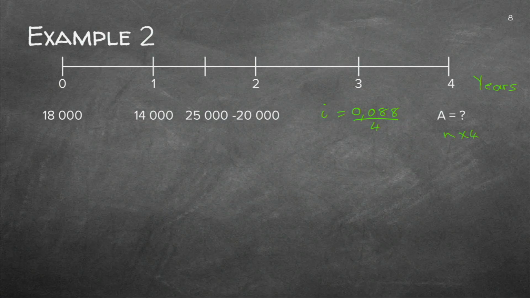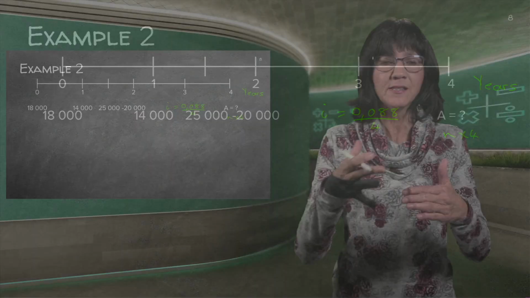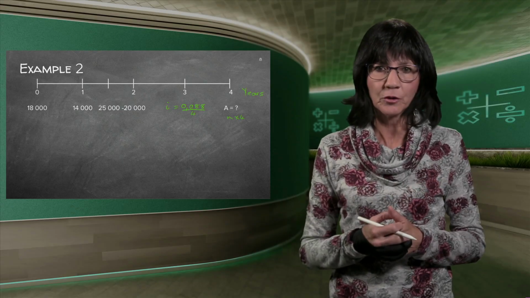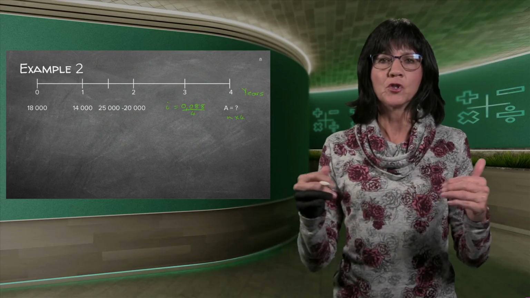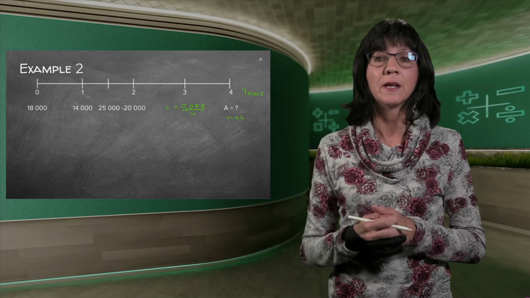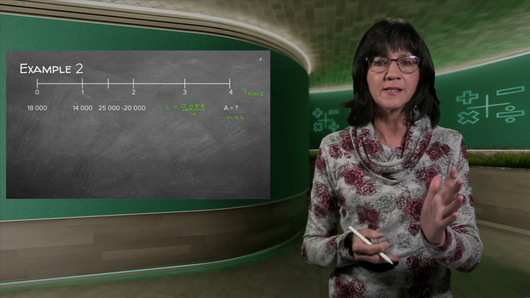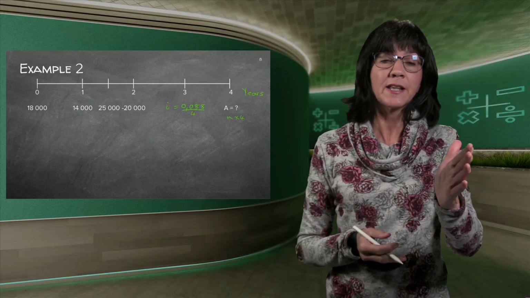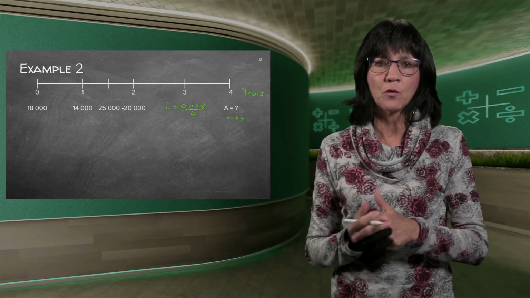I need to change all of those years into quarters. So as I go with each sum, I'll do that. Good. And you'll see all of them are just normal numbers. For the 20,000 Rand, there's a minus. So just as they said, firstly they said after 1 year, he invested 14,000.